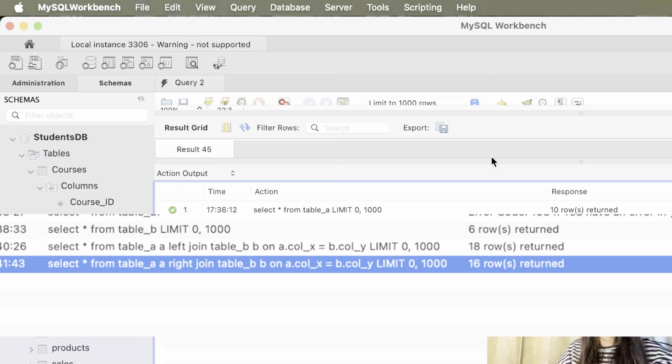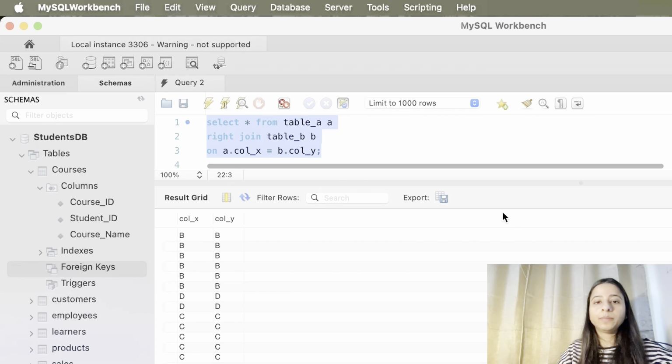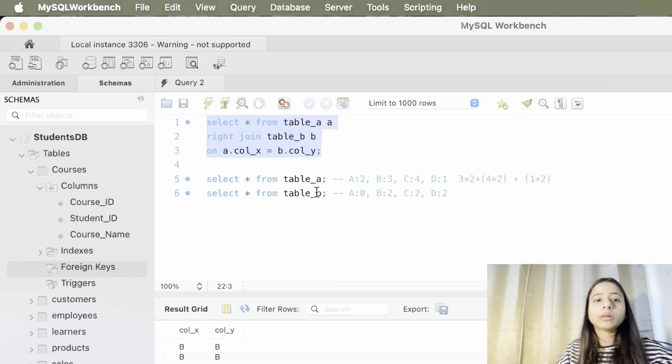Now, how do we get 16 rows again? Let's see it. Since we get all of the records from table B, and only the matching records from table A will be there, and each of the records present in table B is already present in table A, we get the same number of records as the inner join. So this is very simple, just to calculate how many rows we will get on each type of join.